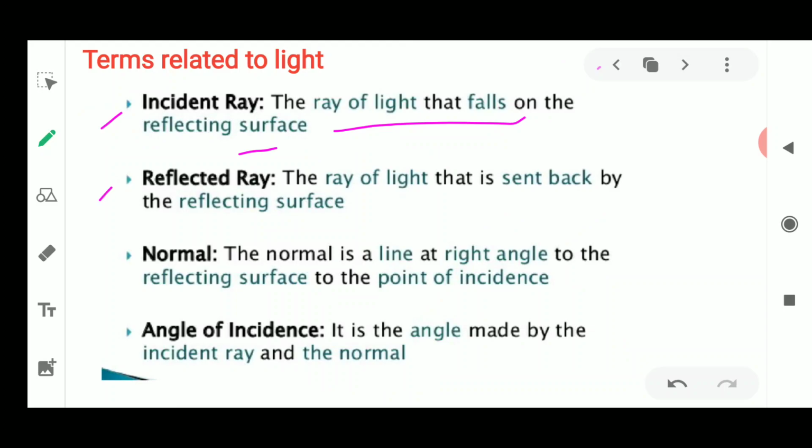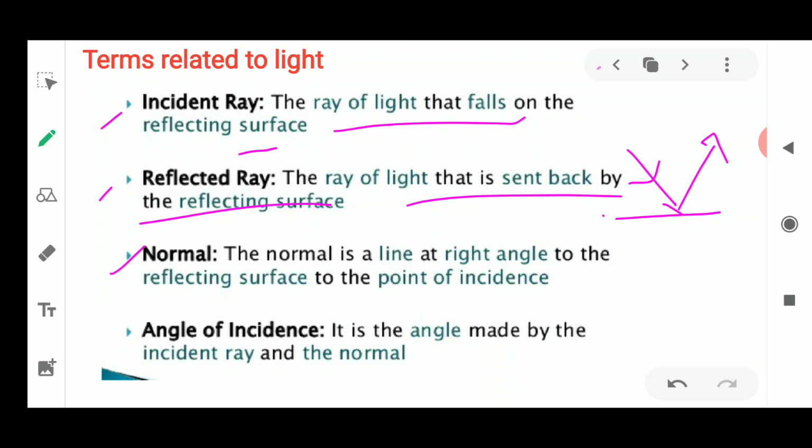So the ray of light that is sent back by reflecting off the surface. Once it strikes the surface, it is going to be reflected from the surface. This ray of light which is coming and the ray of light which is going away from the surface is known as the reflected ray. And the ray of light which was coming towards the surface is known as the incident ray. Fine. Next, in between the incident ray and the reflected ray, we draw a straight line,